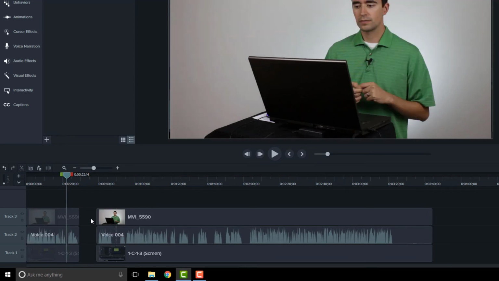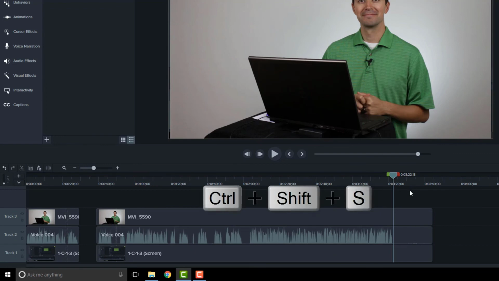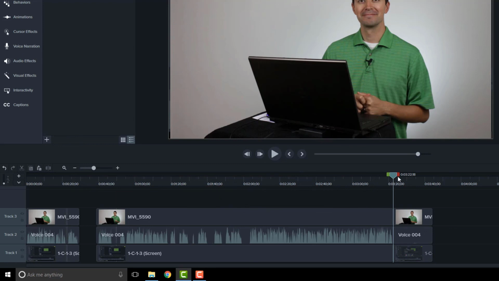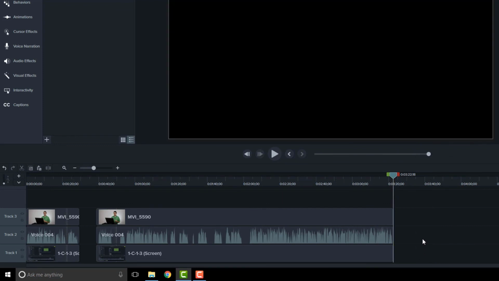Now another thing I can do is I can put a split through all of my tracks at once. So here you can see I don't have any tracks selected. In fact, I can't do a split. But if I know this is the end of my video and I want to stop it here, I can split all of these tracks at once by doing a Control Shift S. And then that puts a cut down through each track, no matter if it was selected or not. And so now each of these is its own separate one. I don't need any of them. I can grab it, delete, grab it, delete, grab it, delete.